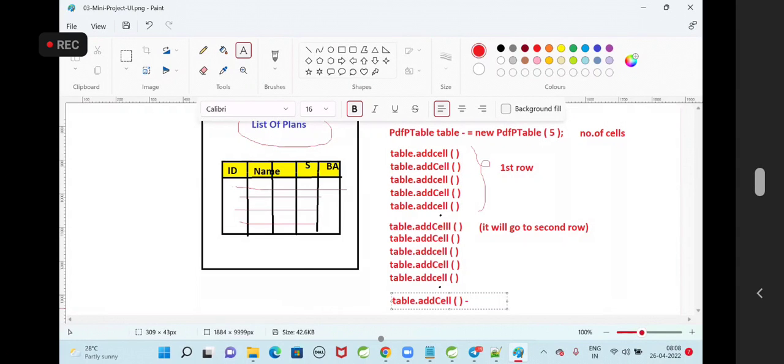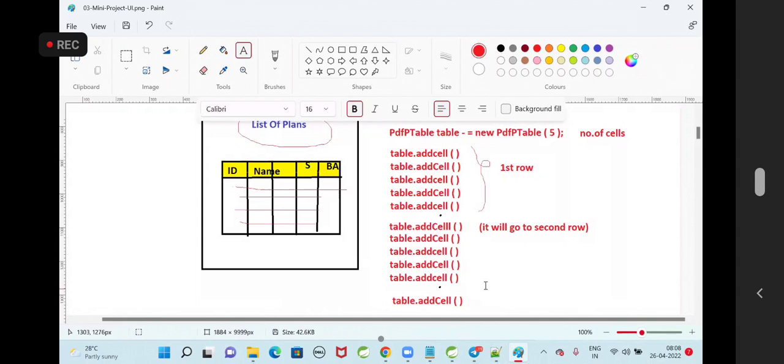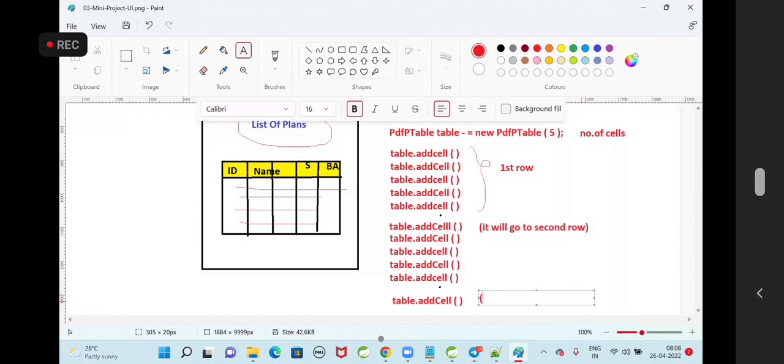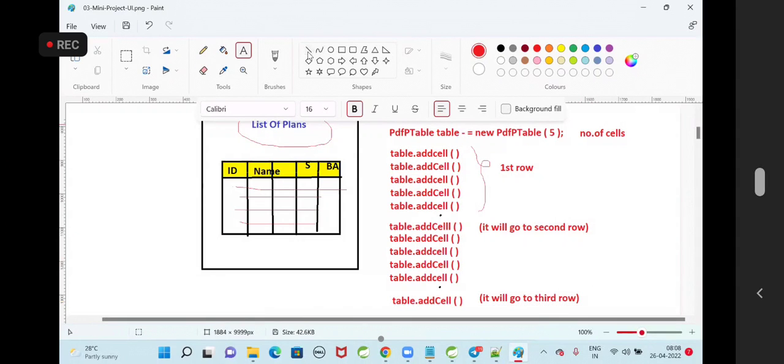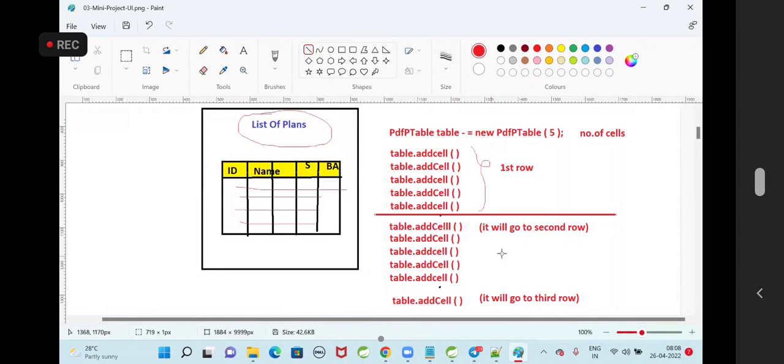It will go to third row automatically. 5 times you call the cell method, first row; 5 times, the second row; then it will go to third row. Do we need to do anything programmatically to create the new rows here?